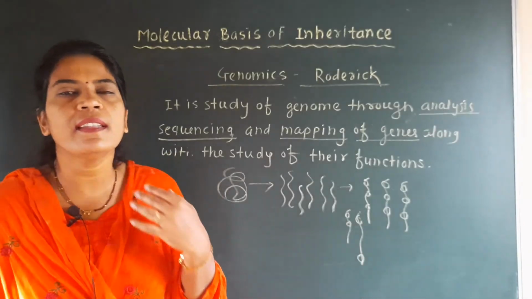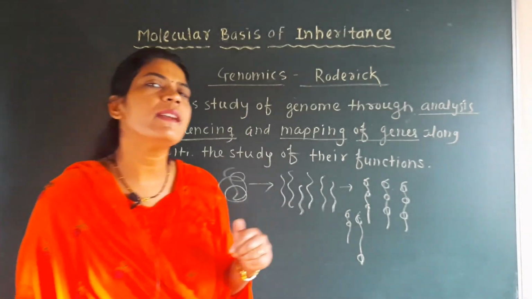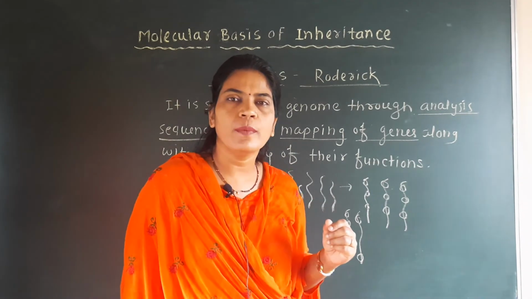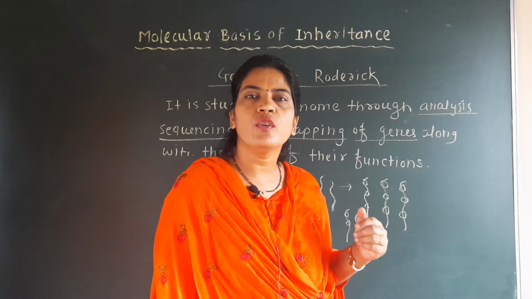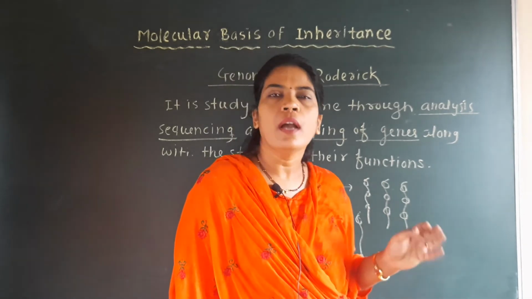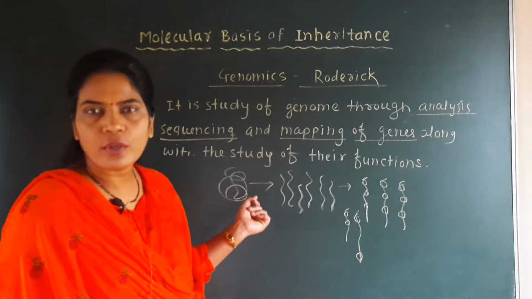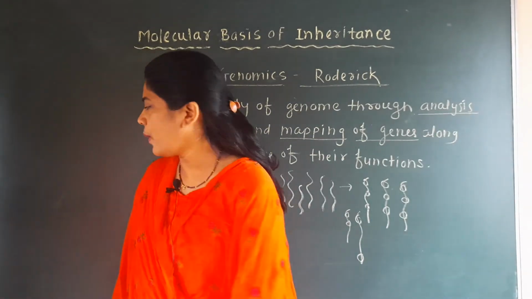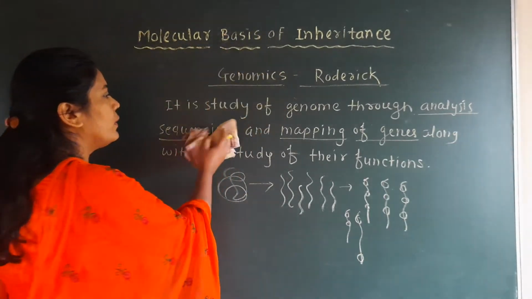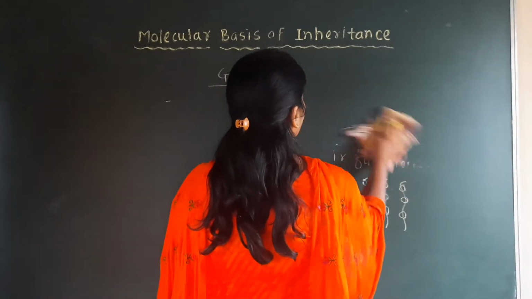Now here we have to see that the lot of information about the genome that we have today is due to the different experiments carried out by different scientists on different organisms. Before the study of the human genome, there was a study of the genomes of cat, dog, horse, sheep and pig, and only then did we study the genome of the human being. So up to this point you have got the idea about what is genome and what is genomics. Now the next point is that before studying the genome of the human being, the genomes of other organisms were studied, and here we have to see under the point genomics.